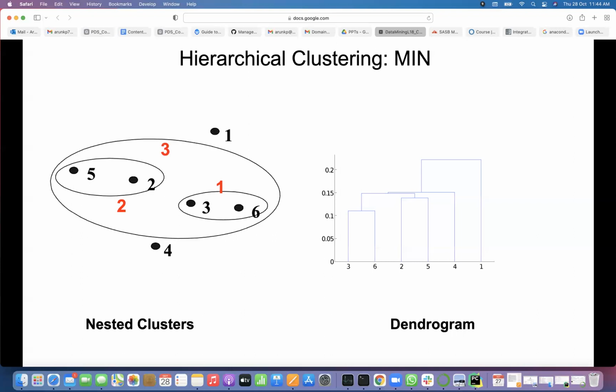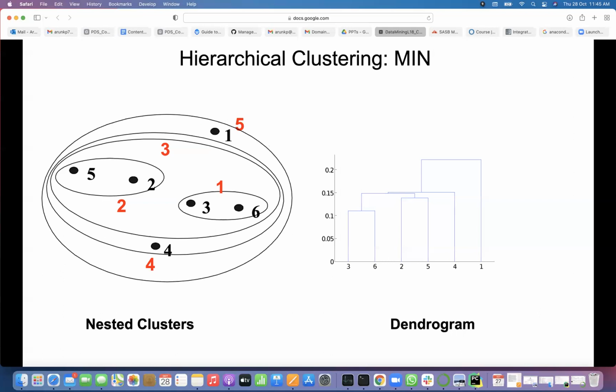This is merged now. Then what is merged then, according to the dendrogram? 4. 3 and 6, 2 and 5 are merged. Now 4 is merged with that. Because 4 is close to 3 probably, instead of 1, close to any other points of 5, 2, 3, 6, right? That is 4. Then only 1 remains. The final one is this.